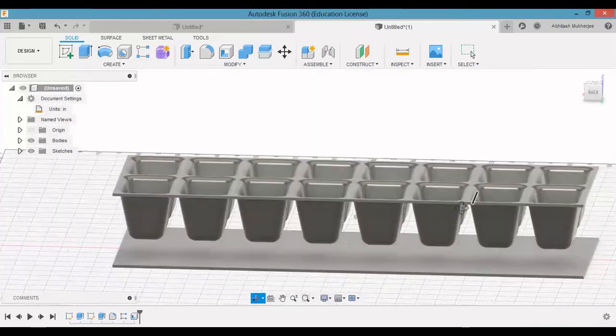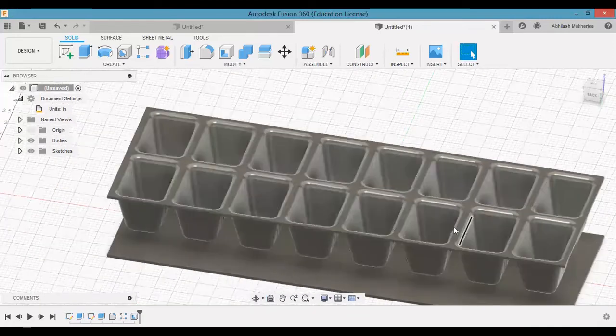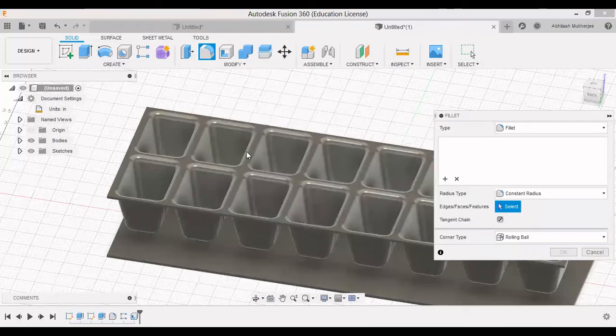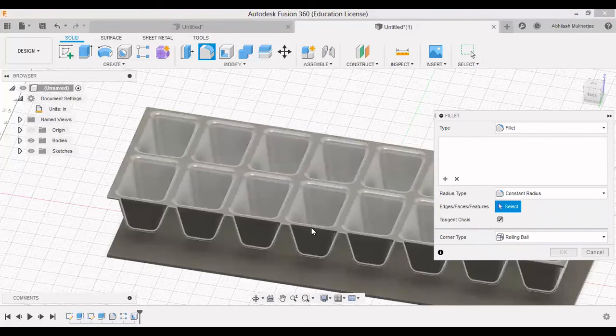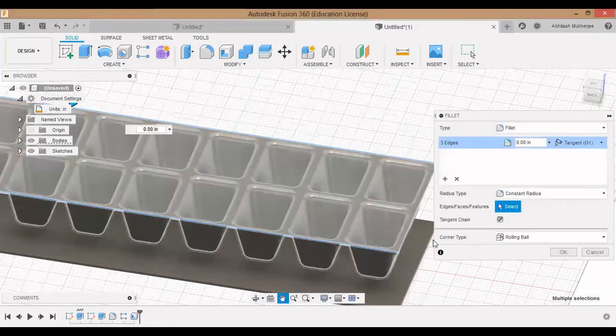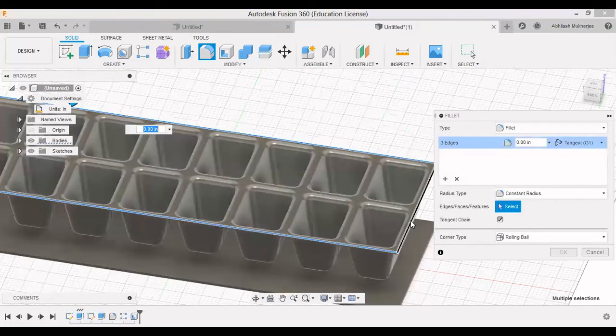What we can do now is, again we need to fillet all these parts. Press fillet, in order to smooth these sides. I want to fillet which sides? I want to fillet this edge, this edge, this edge, and this edge.